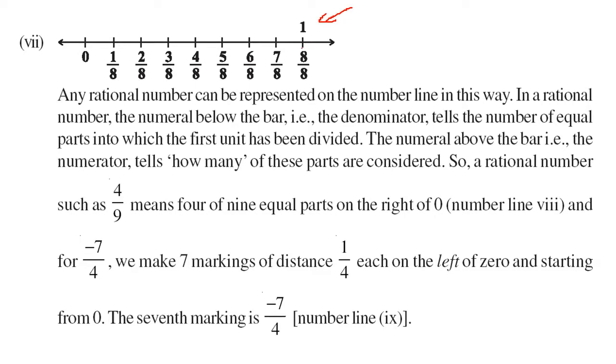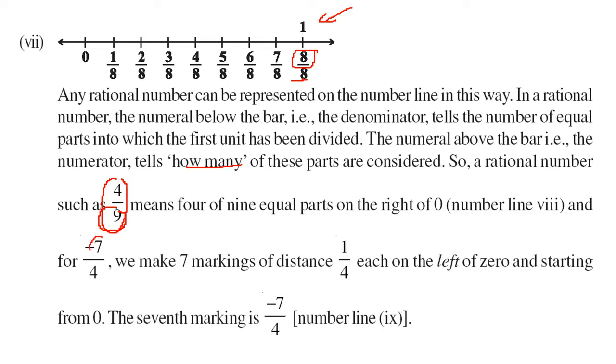So for a rational number, the number below the bar, the denominator, will tell you how many parts you have to make, or how much it has to be divided. The number above the bar will tell you how many of these parts are to be considered. So if you have a rational number say 4 by 9, it means you need to have 9 equal parts on the right of 0. Okay,